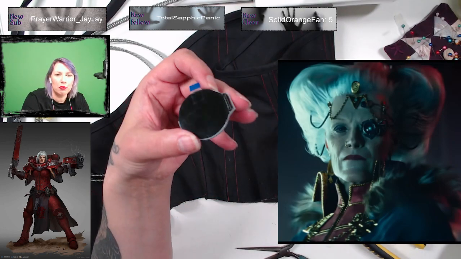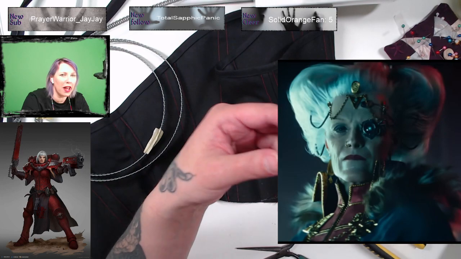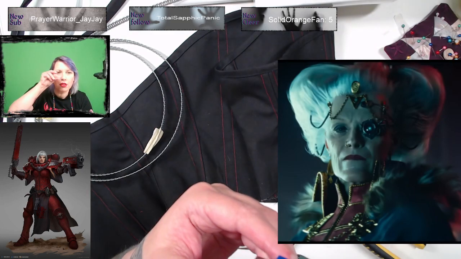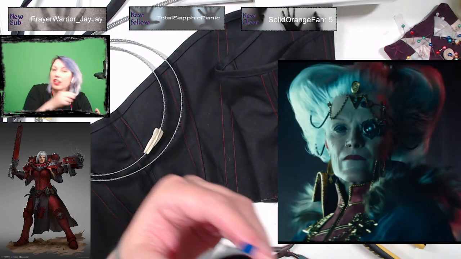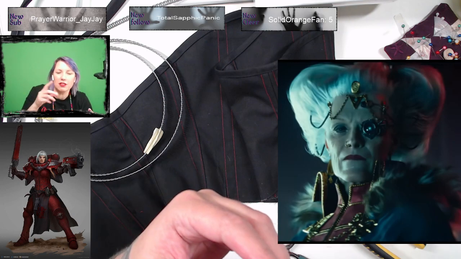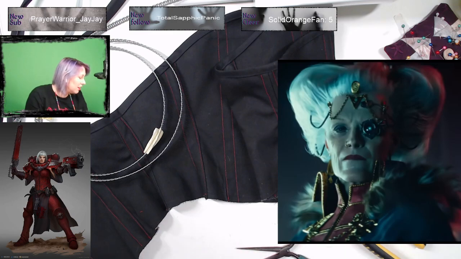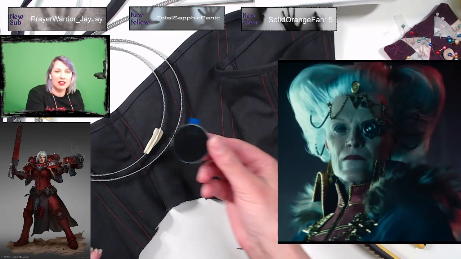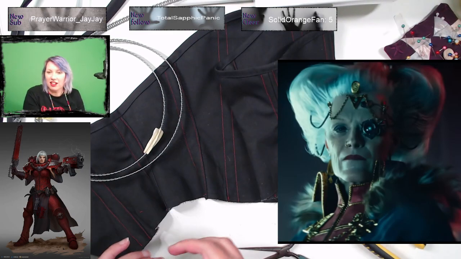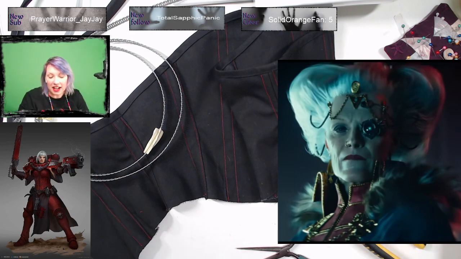I want to code this so that when I move my head, the little green dot opens and closes. And I can't code, so it's been a challenge to do that.